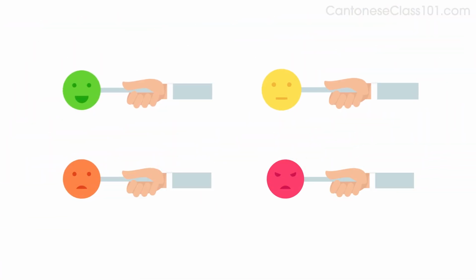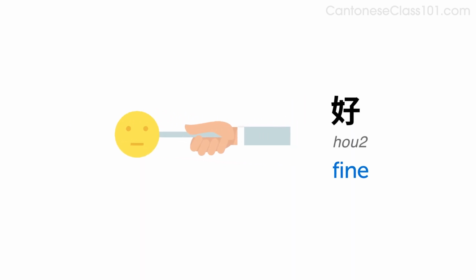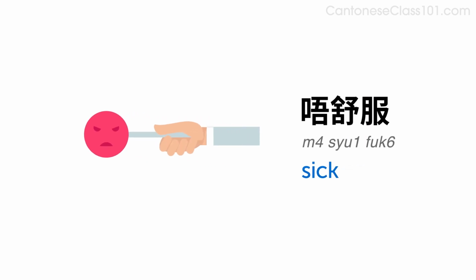Here are a few expressions related to well-being that you can use with this pattern. Great. 非常好。 Fine. 好。 So-so. OK 啦。 Sick. 唔舒服。